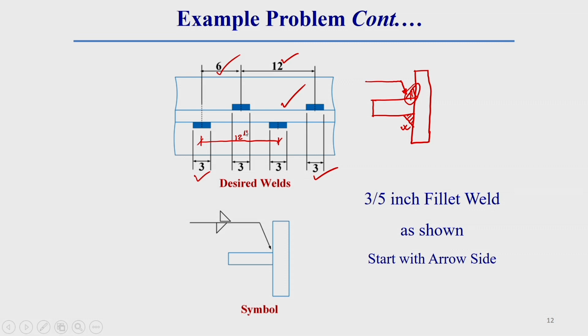Now we see that here both side length of weld and pitch of weld are the same. So, the length of weld is 3 and the pitch of weld is also 12. But here one thing we can observe, that one weld starts a little bit ahead of the other side weld.